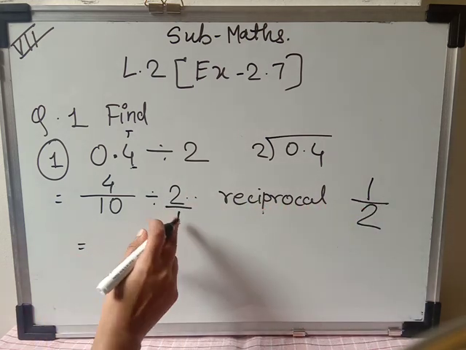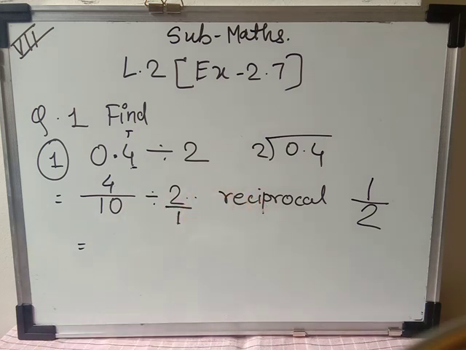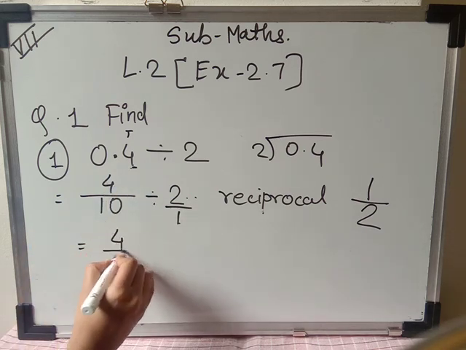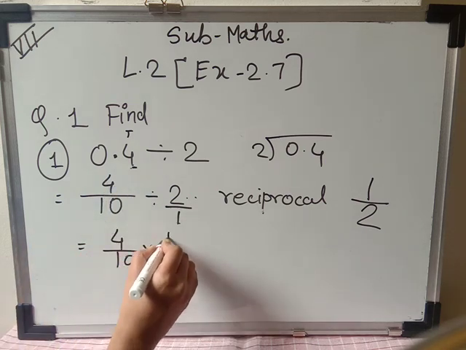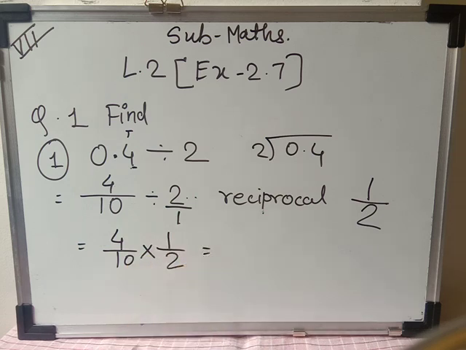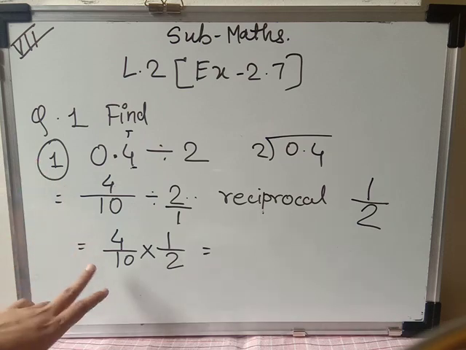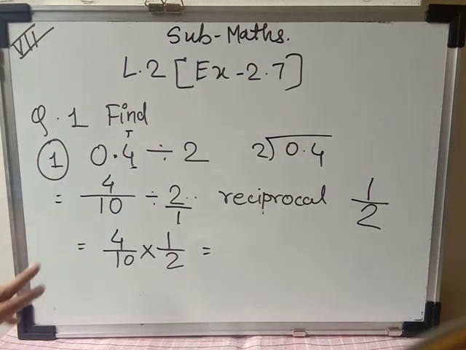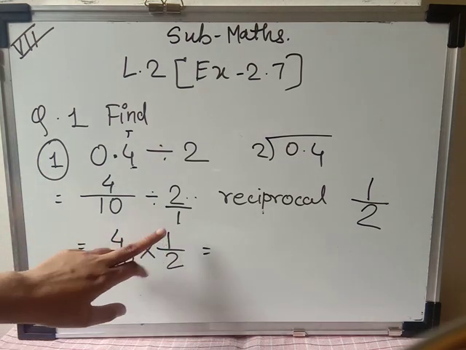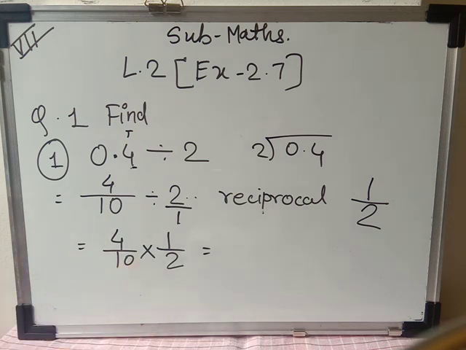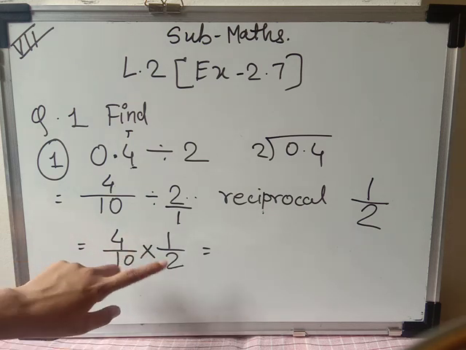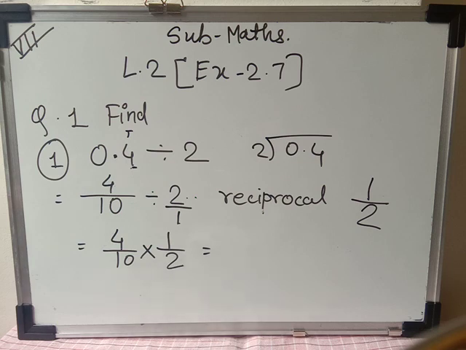Okay, so now here we have taken the reciprocal. यहाँ पे हमने उल्टा किया, तो उल्टा करने की वजह से साइन भी चेंज हो जाएगा. So here 4 upon 10 multiplied by 1 upon 2. Now you can do the multiplication. But before multiplication, I told you also in the previous session that you have to see whether the numerator and denominator are divisible by any number. मतलब जो numerator है denominator दोनों भी number किसी एक table में आते हैं क्या? That you have to see.